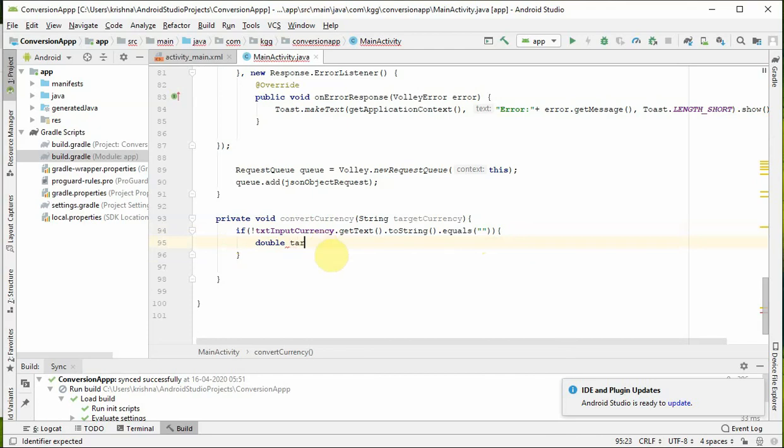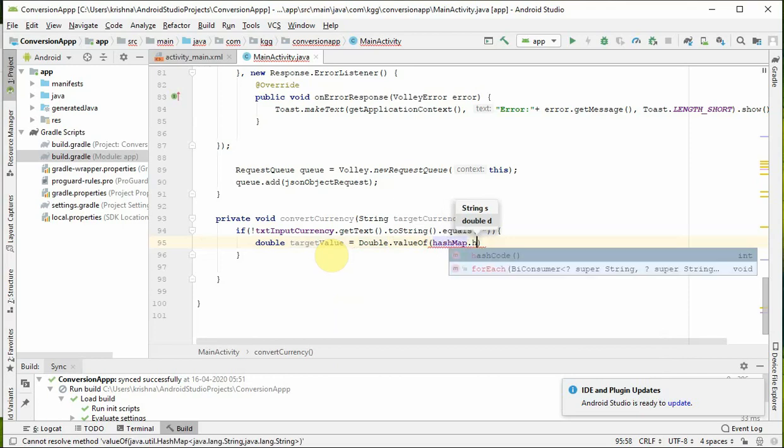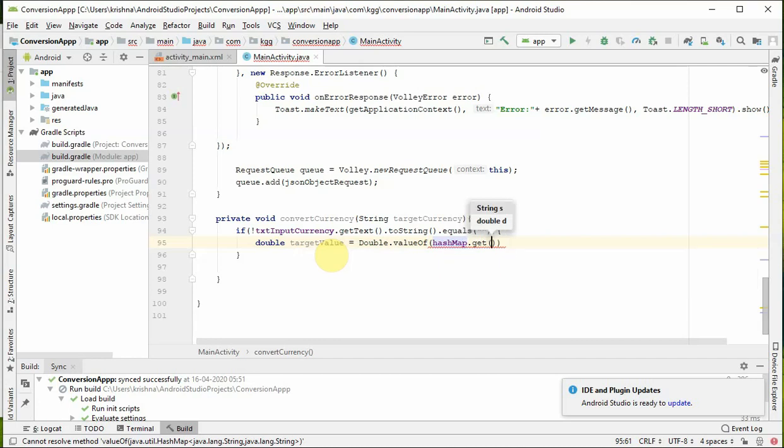and let's say double the target rate, target value I would say equal to double dot value of hash map. We have a string and hash map, just remember that. Dot get object key would be the target currency. Okay,